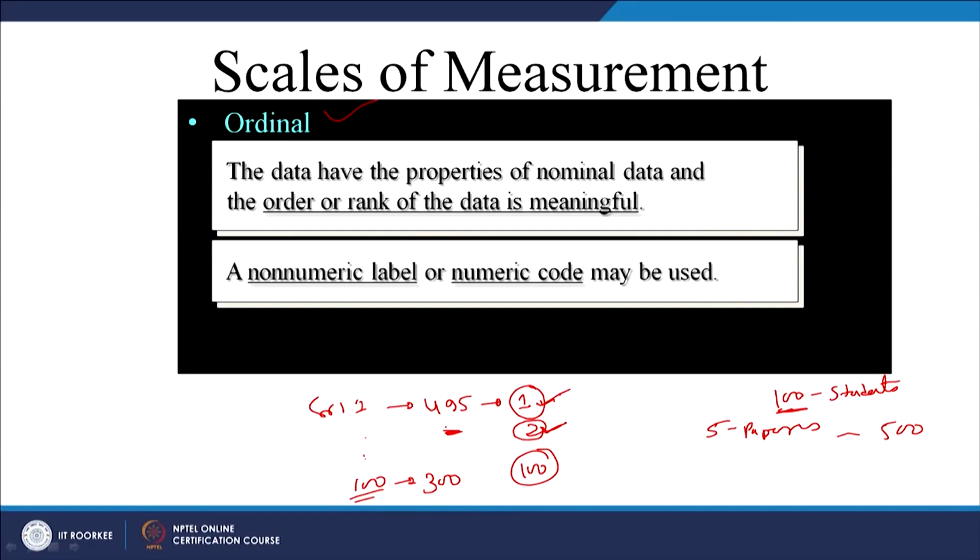So, that is the major drawback of the ordinal scale. It will tell you that this fellow has got more marks, he is a better student, but how much better, is it not? So, that is the drawback of the ordinal scale, and this drawback can be removed if we move on to the next type of scale, which is the interval scale, and the interval scale is a metric scale.